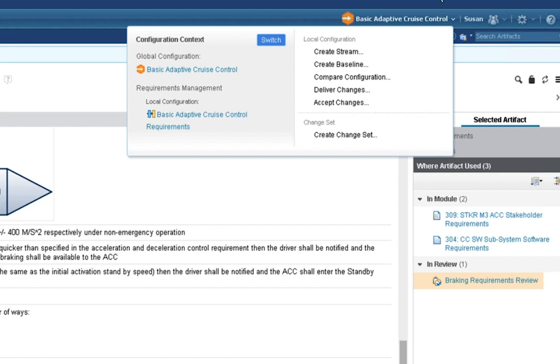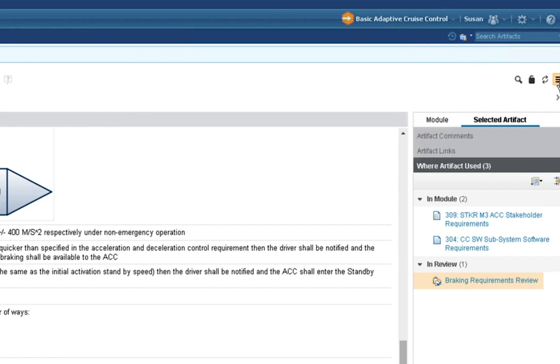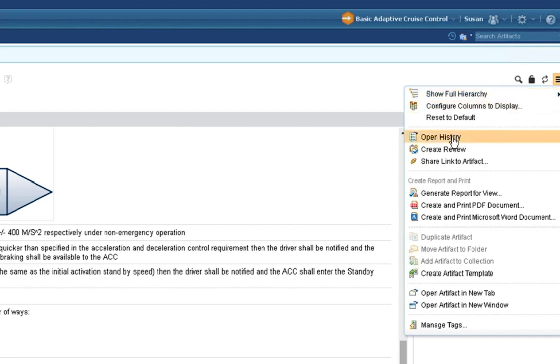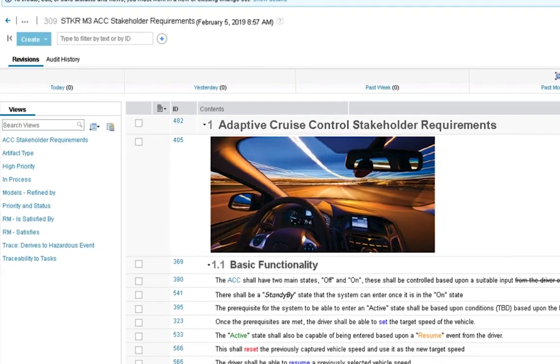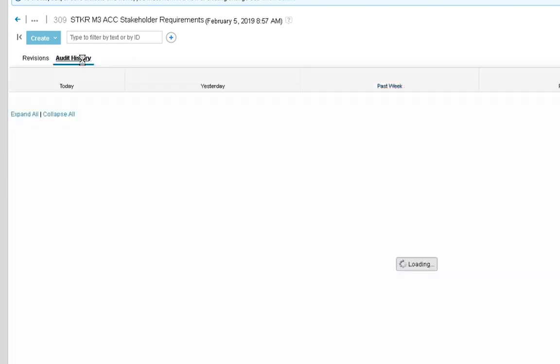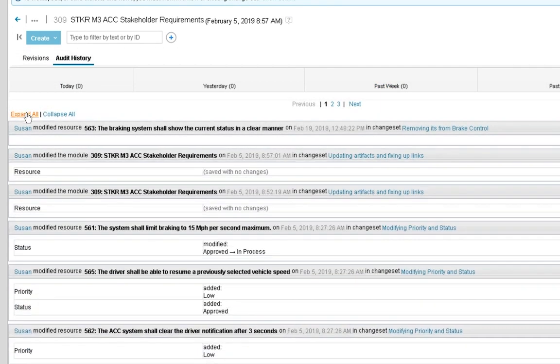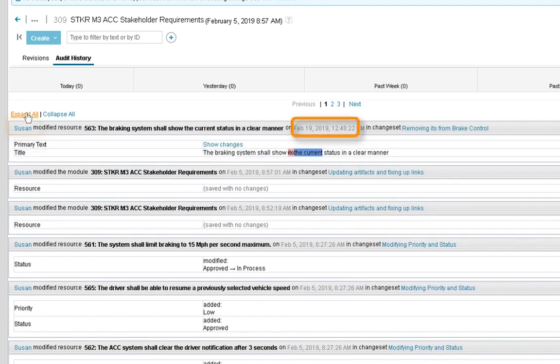Any changes that are made are automatically captured, and we can view that history, either for a single requirement, or in this case, for the entire module. Here we can see the complete history of this document. When a change was made, who made it, exactly what that change was, and in which change set. All of which helps to demonstrate compliance to industry standards, such as DO 178B and C, ASPICE and ISO 26262,